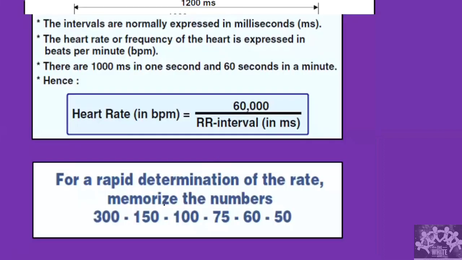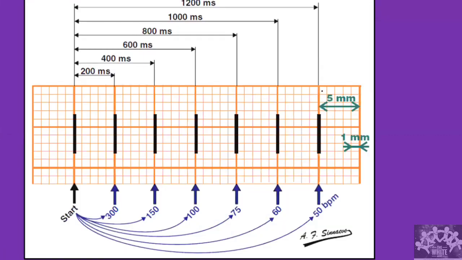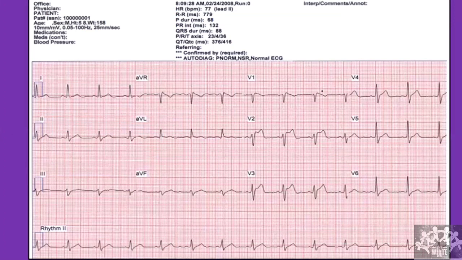So this is how we derive it. If you are wondering where we got this 300, it is pretty simple. We have 1 minute. 1 minute is 60 seconds. If I multiply that 60 by 1000, I get that value in milliseconds. Then I take that and divide it by the RR interval, because the RR interval represents the ventricular rate. Also remember, if I want to calculate the atrial rate, we will see what each wave represents, and that time it will become easier.